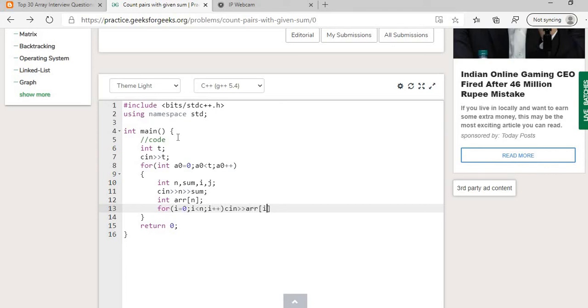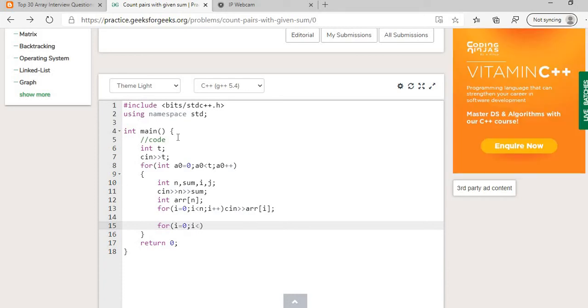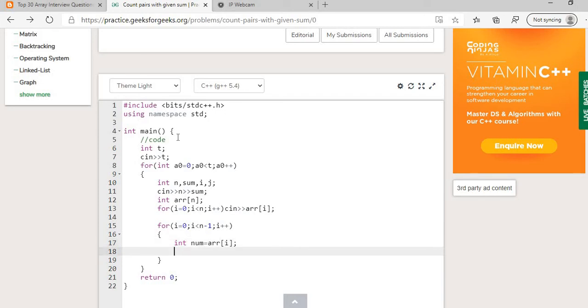Input taken. So we need to make 2 for loops. For I, first one 0 to n minus 2, that is 0 to n minus 2, I plus plus. Let us name the element num. So this is the ith element. Num is the ith element.